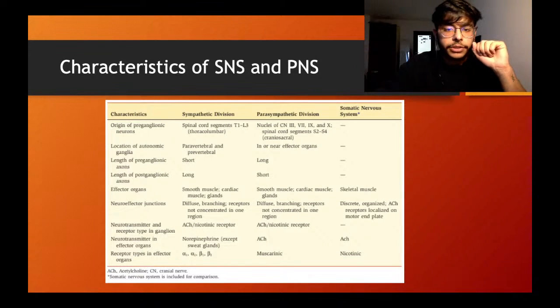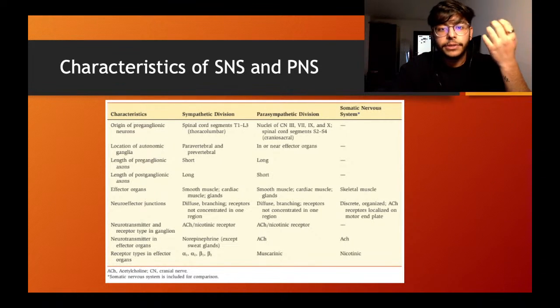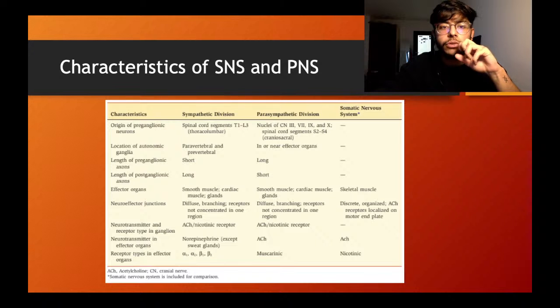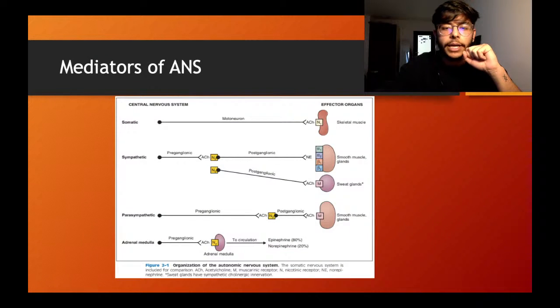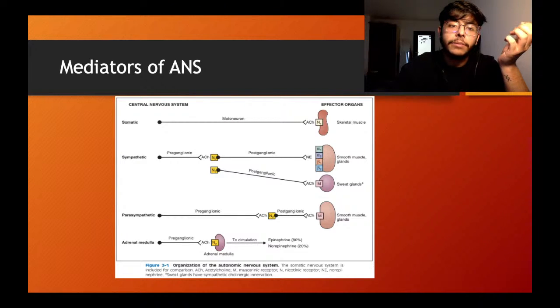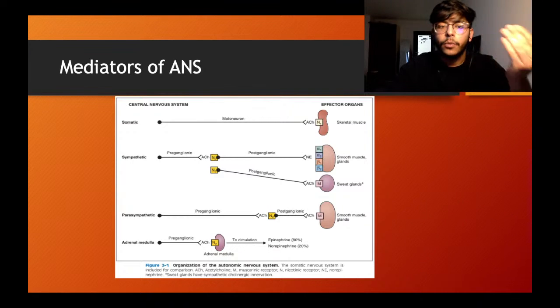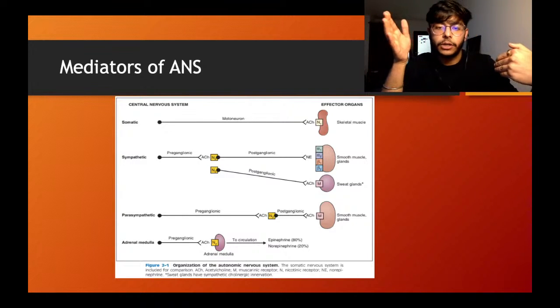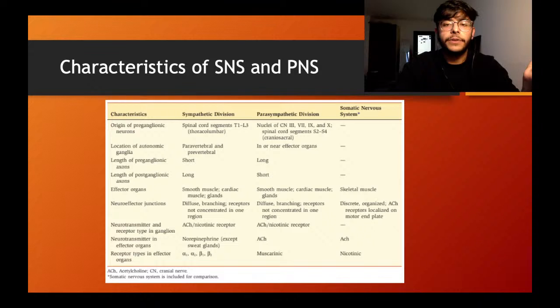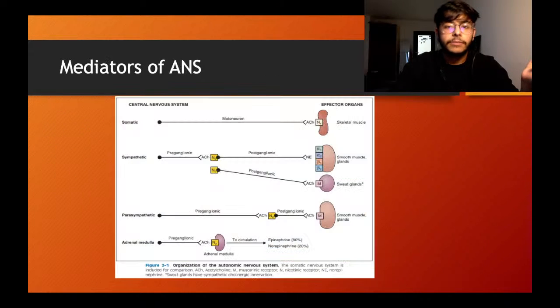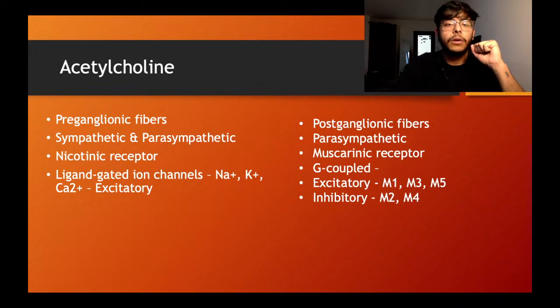I've just attached a few pictures now for you guys to go over and essentially memorize, because there really isn't much I can teach you about these things. But I'm sure from anatomy you do still remember that the sympathetic preganglionic fibers are much shorter, whereas parasympathetic preganglionic fibers are much longer. The reason for that is because we have a sympathetic chain and intramural ganglia for the parasympathetic system. So getting on to that,